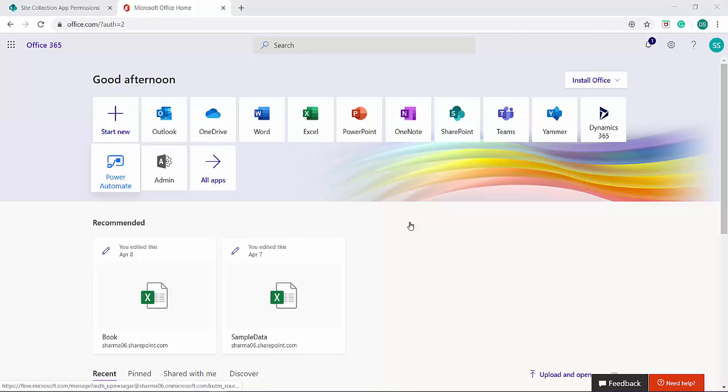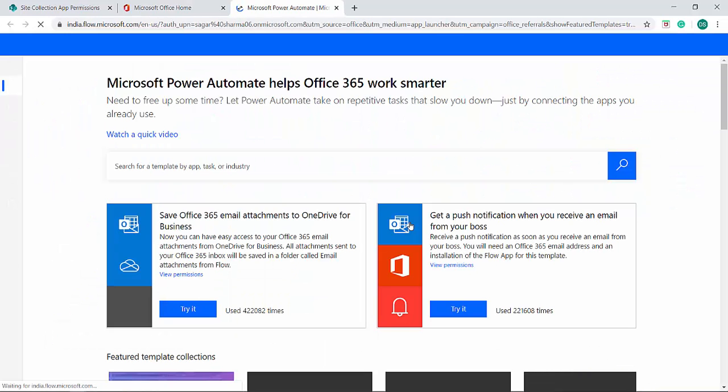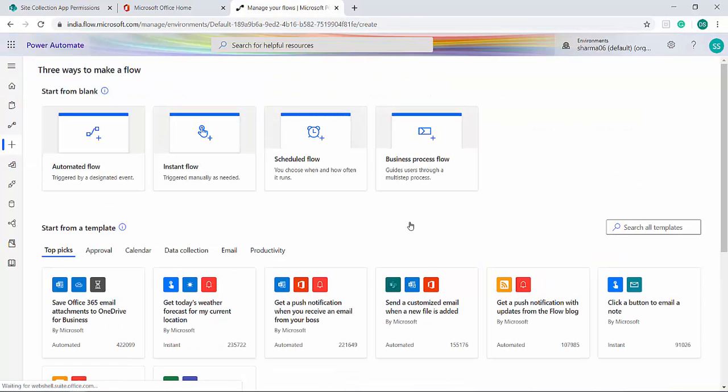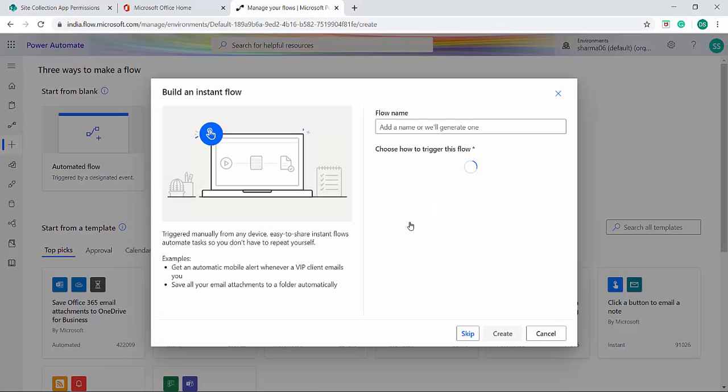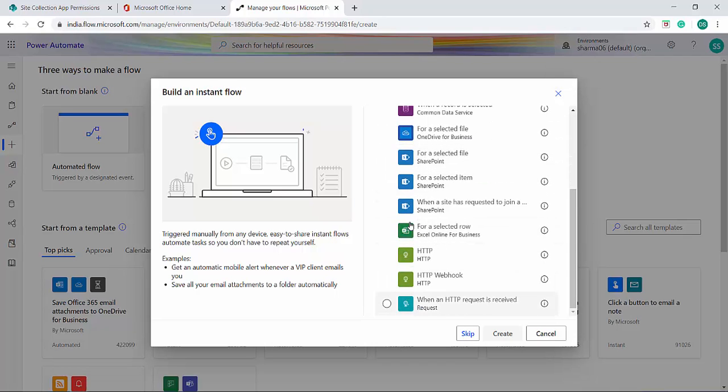For that I'm in my tenant through URL portal.office.com. From here, like I'll show you, you can go to portal.office.com and you will land on this page. So from here you can click on Power Automate. So to create a new flow, I will click on this plus sign, that is create. I'm getting the options how to trigger my flow. So I will select instant flow, and then how to trigger my flow, I will select when an HTTP request